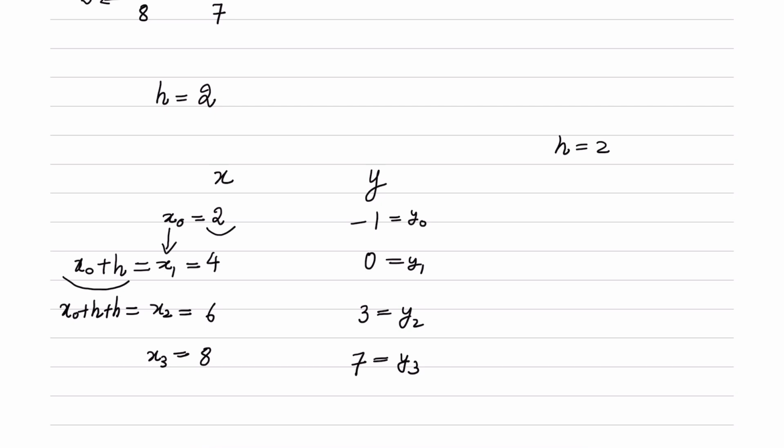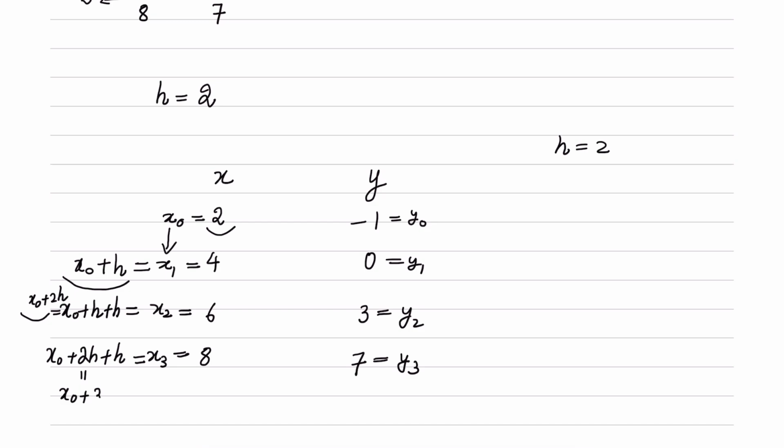So x2 is equal to x0 plus 2h. Now how do you get x3? To the previous x value, which is x2, which is x0 plus 2h, you add an h, which becomes